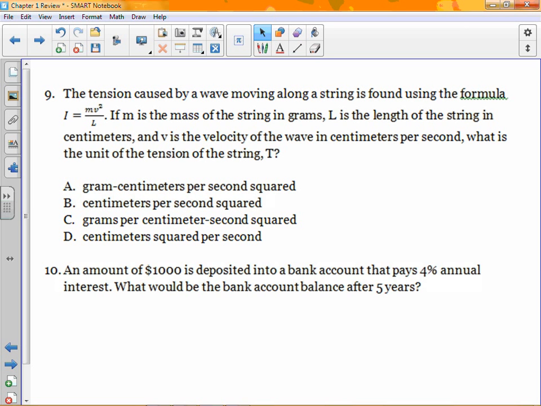So this will say EOCT chapter 1 review from CC Common Core Algebra 1. Okay,